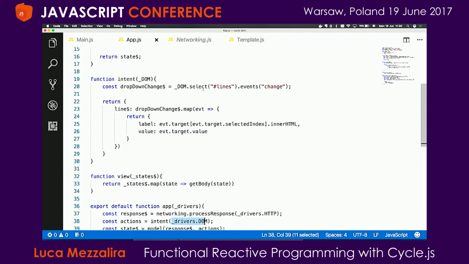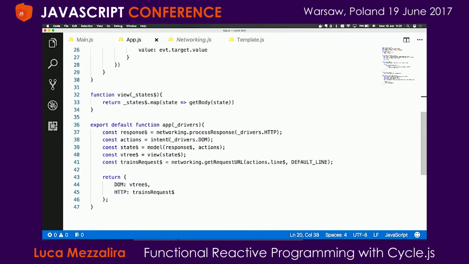So what I'm doing here is saying, okay, select the lines element and listen, or react, that is better, to the change events. Every time that something changes inside the dropdown, I interact with that. And every time this happens, I retrieve which is the value, and I start the cycle. I do the request, I pass this information to the model, I store it in the model, I prepare the data, I pass this data to the view, and so on. Literally, what I'm doing at this stage is creating all the necessary steps. And as you can see, everything is very atomic, so I can reuse this part wherever I want.